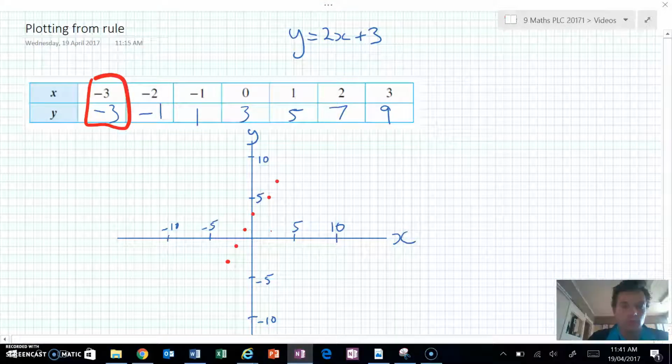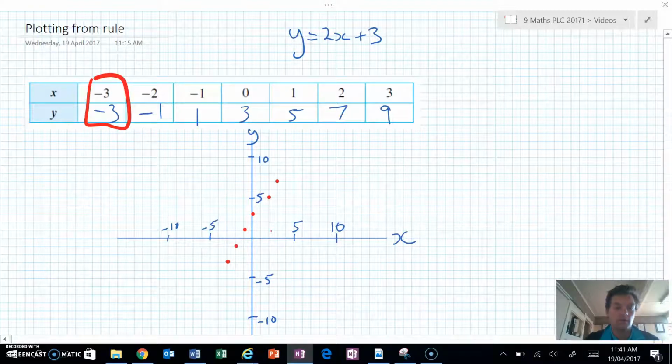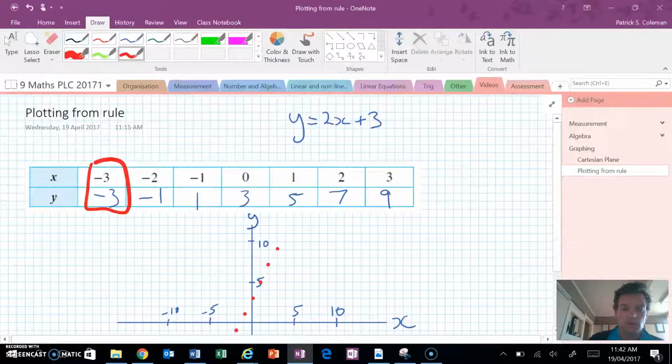When x is equal to 3, sorry, if we have a close look there, I've actually misplaced this particular point here. That particular point is x equal to 1 and y equal to 5. So let's just go back through and redo that one. So that's going to be actually right on the 5. Okay, let's move forward now. X is equal to 2 and y is equal to 7, and x is equal to 3, y is equal to 9. Now we can see from those points that we should have a nice straight line, and let's just